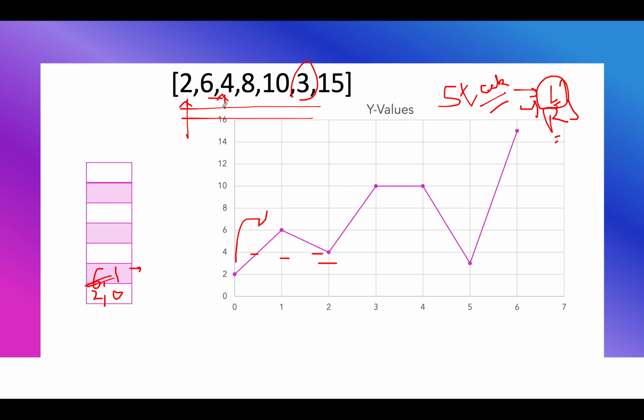Therefore, we will update this array with 4 comma 2 and remove 6 comma 1, and the leftmost index that we are interested in becomes 1, the position which should be updated. Remember, the one that is getting replaced will give you the leftmost index.